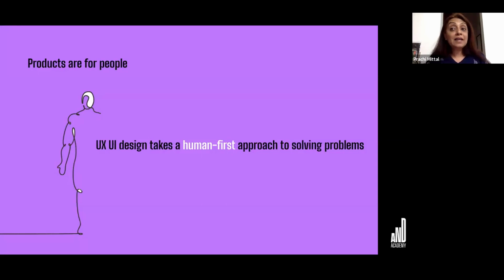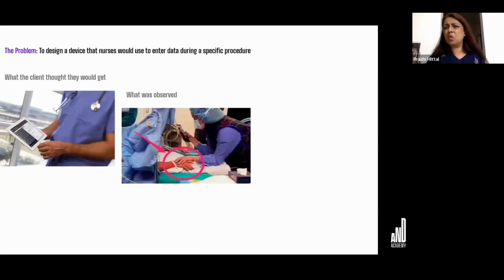And we said that products are for people, so we need to take a human first approach and not a technology first approach. Let's not let technology lead product development. Yes, technology will solve the problem, will bring in the features and function, but let's first look at humans, right? I have a few quick examples to talk about what it means to take a human first approach, because it can seem very rhetorical and obvious that, of course, you will take a human first approach.